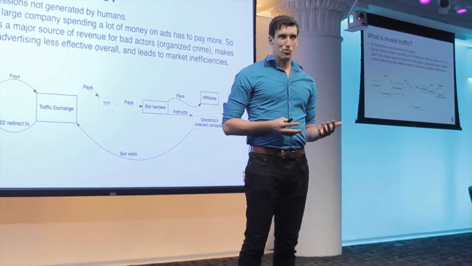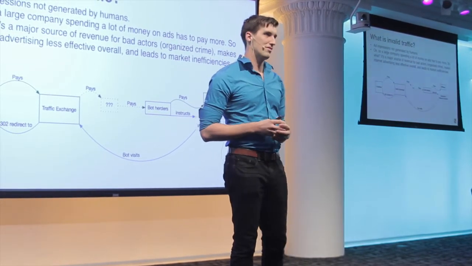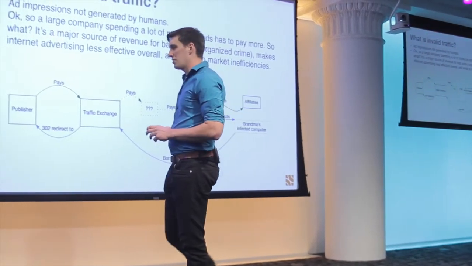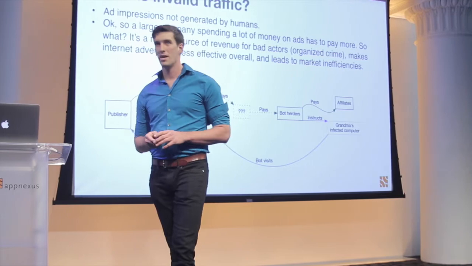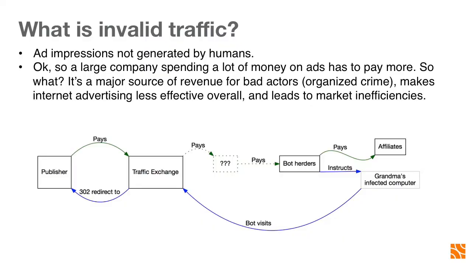So the way it works is pretty interesting. There's a lot of really interesting financial incentives and sort of a parallel economy that goes on. What happens is you have these publishers, and they may intentionally or unintentionally be part of this scheme where they basically pay what's called a traffic exchange. They pay them for visitors. So there's places you can go on the internet and say, I will pay you $1 or something, and every time I pay you $1, you send a visitor to my site, or maybe it's 50 cents or $2 or whatever. And some of these traffic exchanges are fine.